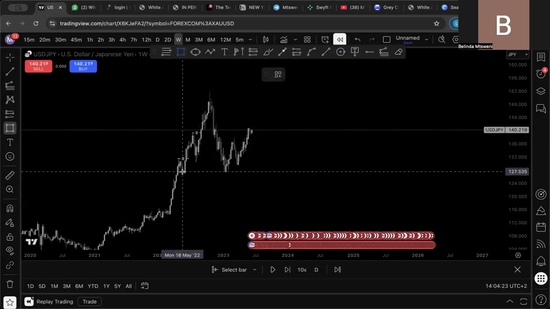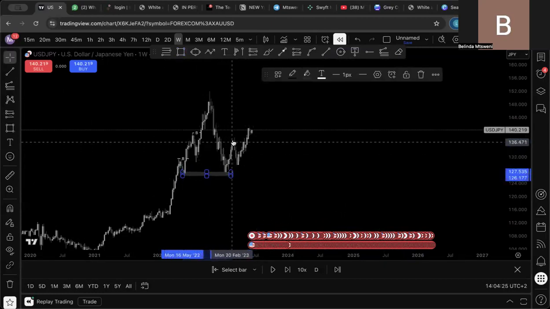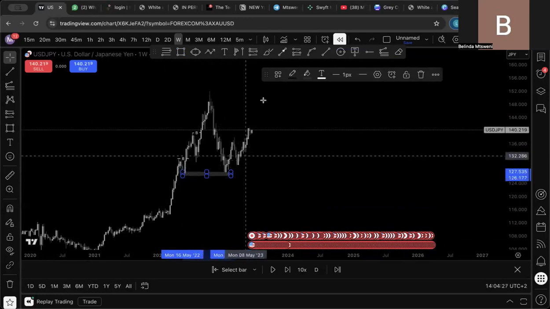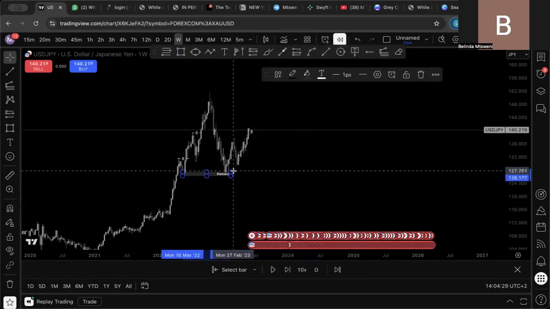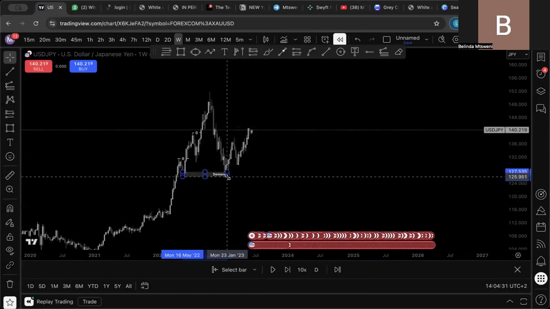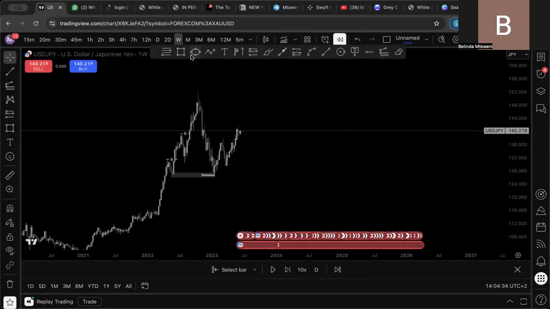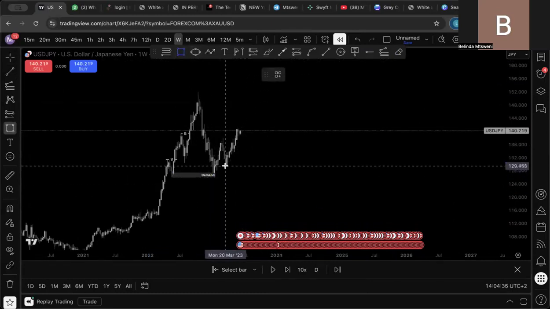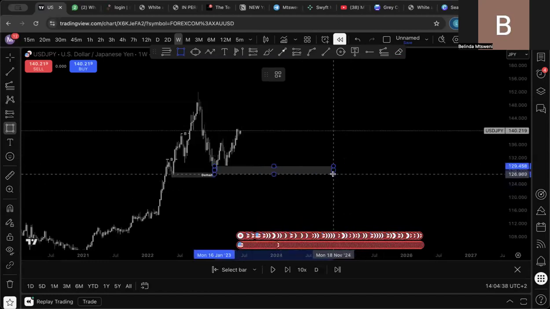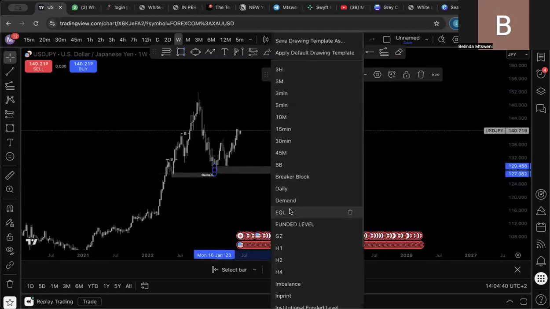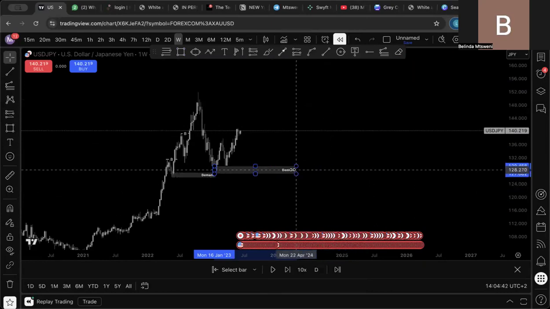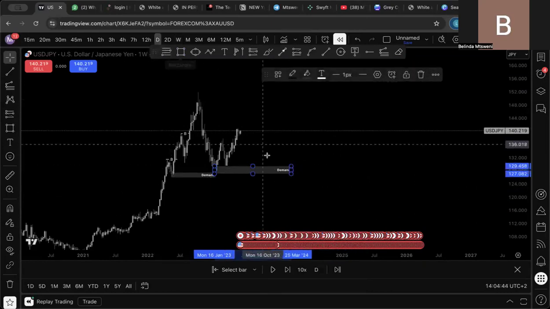You would notice that the reason why price pushed up like this is because there was a demand zone that was here. This is why price pushed up from this point over here. And we would also notice that we have another demand zone right here that is waiting for us, that price still needs to come back to. Like this. So now if we go to the daily time frame,